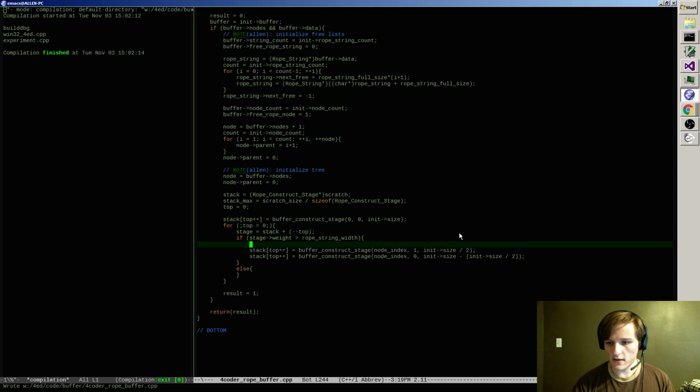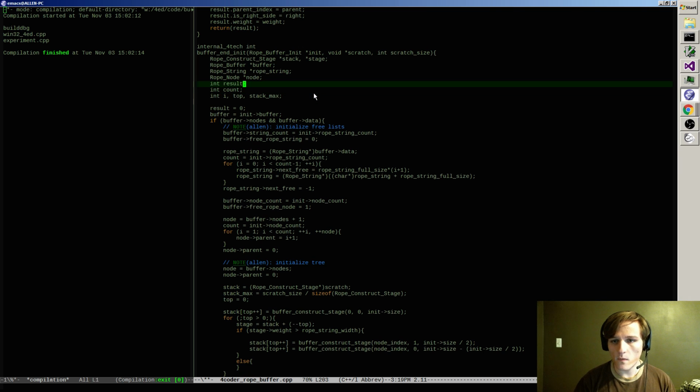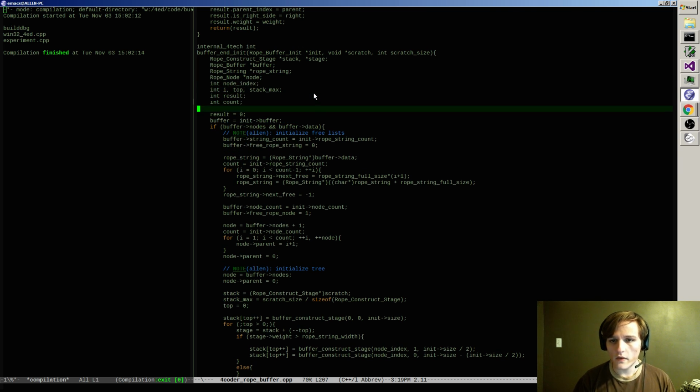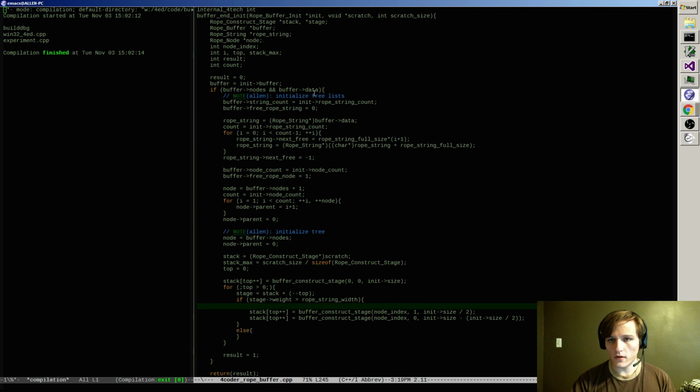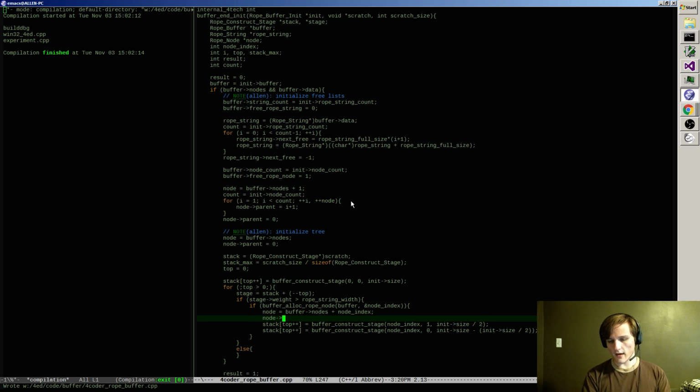Now, I know what you're asking, where's that node index going to come from? And that's okay. We'll find it somewhere. So, to get that node index, I probably want to do buffer allocate rope node. It knows what I want. From the buffer, get me a node index. If you succeed, go ahead and do this stuff. First thing you should actually do is look at your nodes and give me that node, because I would like to tell that node that it has